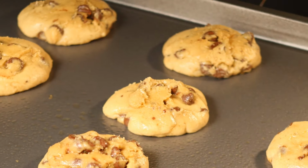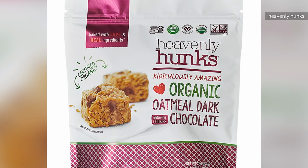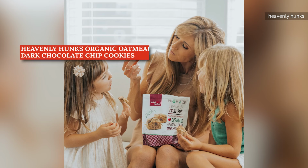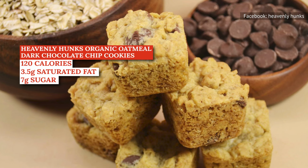Perhaps you think you've already found one in the form of the Heavenly Hunks organic oatmeal dark chocolate chip. Alas, we hate to burst your bubble, but these little hunks aren't quite as angelic as their name suggests. 'Cause you're a dang hunk. With 120 calories, 3.5 grams of saturated fat, and 7 grams of added sugars per one modest-sized cookie, you're not